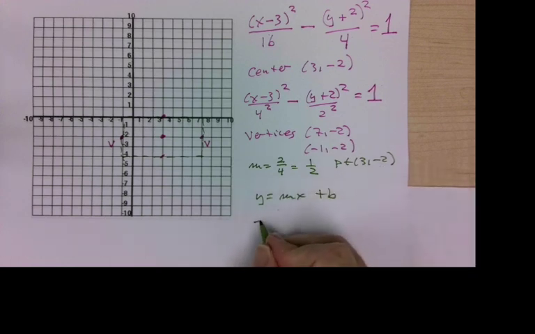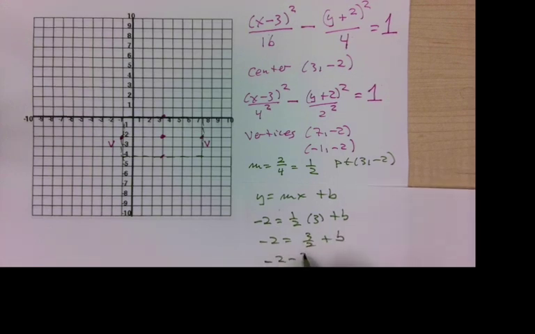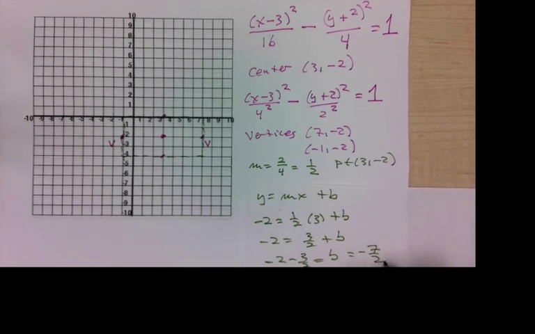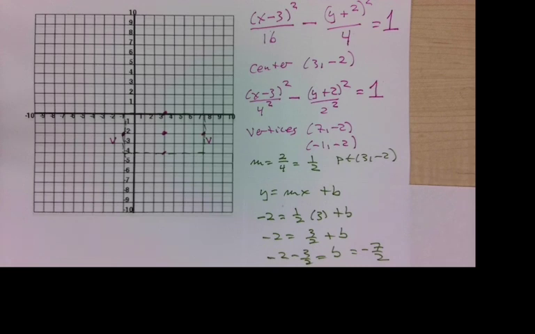the y value is negative 2, the m value is 1/2, the x value is 3 plus b. Negative 2 is 3/2 plus b. Negative 2 minus 3/2 is b, which is negative 4/2 minus 3/2, which is negative 7/2. So if b is negative 7/2 and m is 1/2, I can put that together with